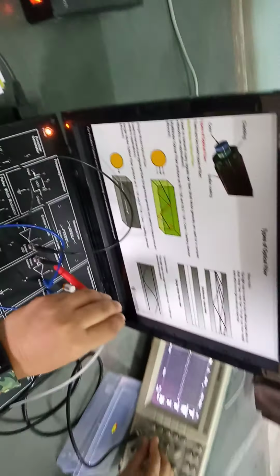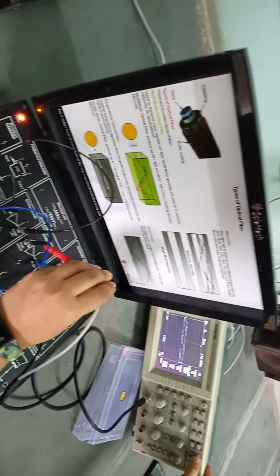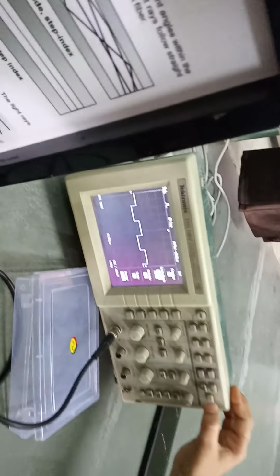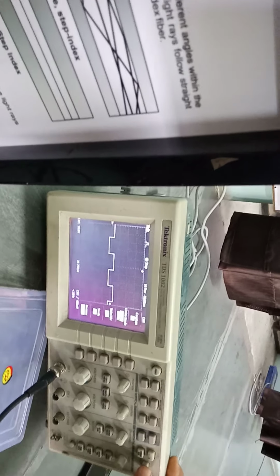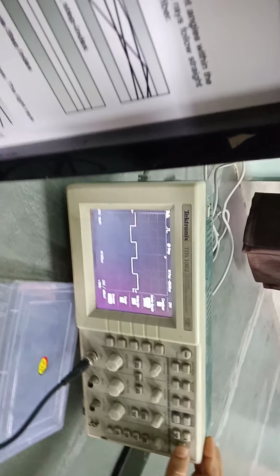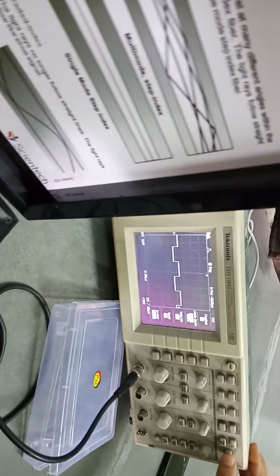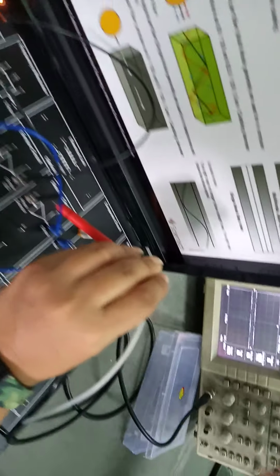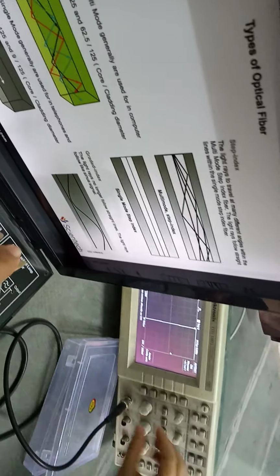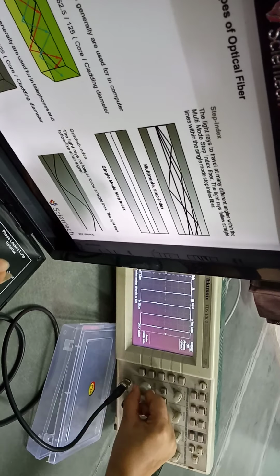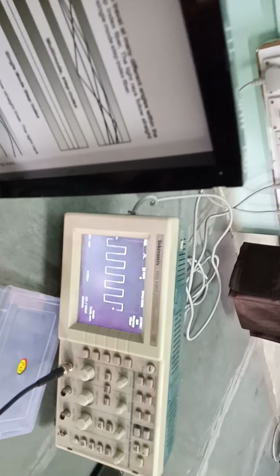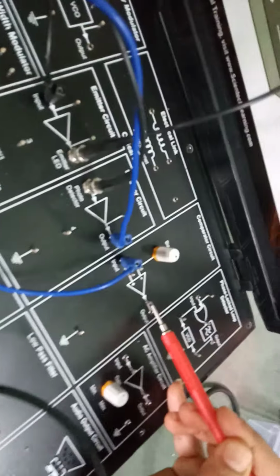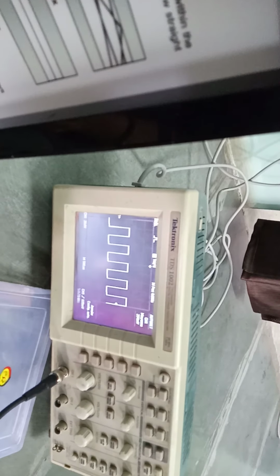For the output we'll vary the channel. See, it has been converted into the output. The waveform is the same, though slightly varied between -1 and 1, but the same input that we are giving, we are getting as an output. As you can see, we are getting the same output. You can check it from here also. The same output which we are getting.